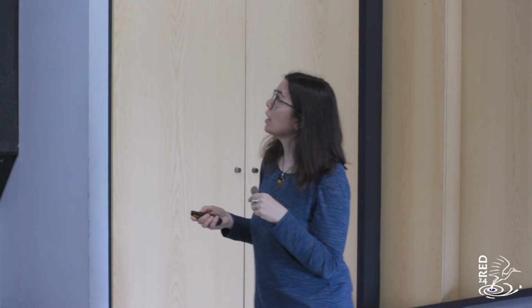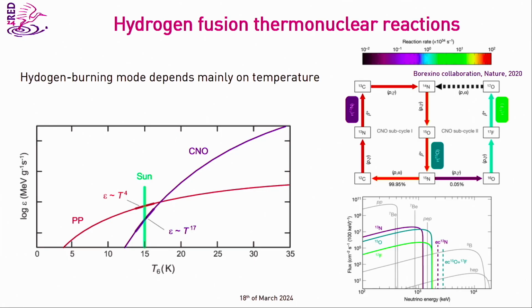And actually, in the Sun, this is a paper of 2020 by the Borexino collaboration, published in Nature. They actually identified the neutrinos coming from these reactions, and they were able to measure the energy and the fluxes, and so they were able to say to what amount the CNO cycle contributes to hydrogen fusion inside the Sun. Because I told you that inside the Sun it is mainly pp chains, but as you understood now, I hope,